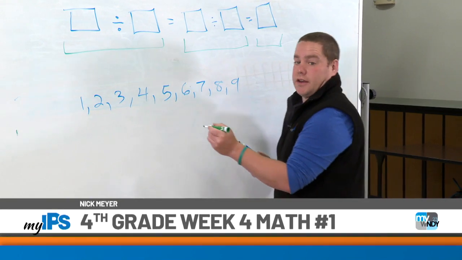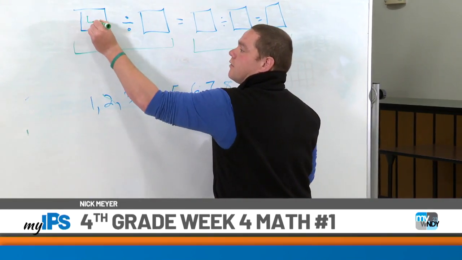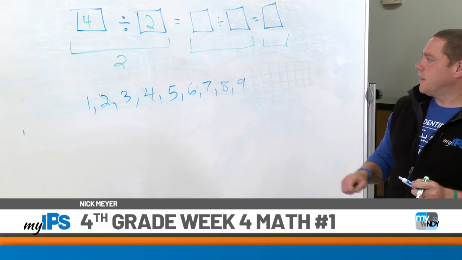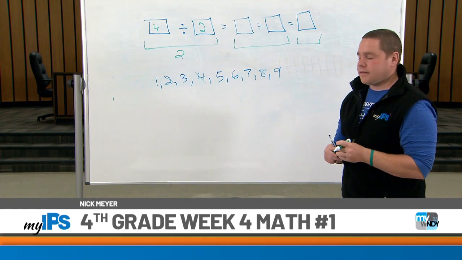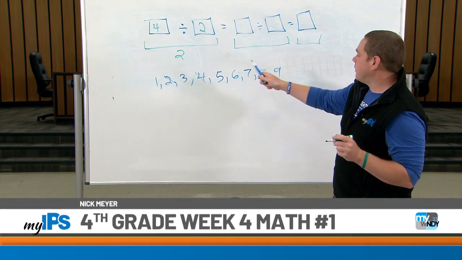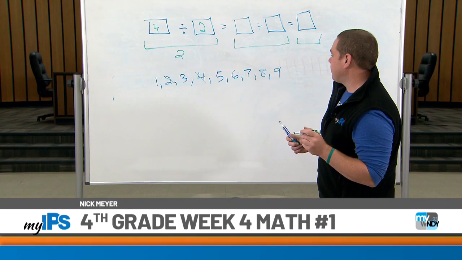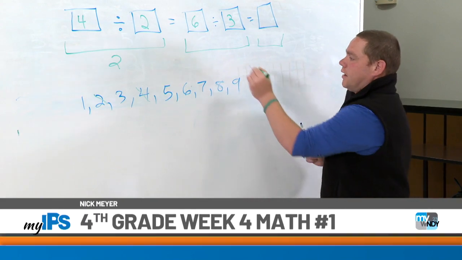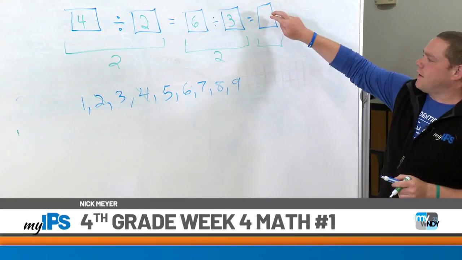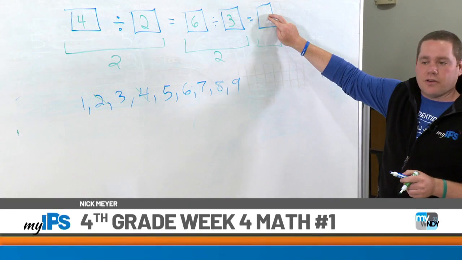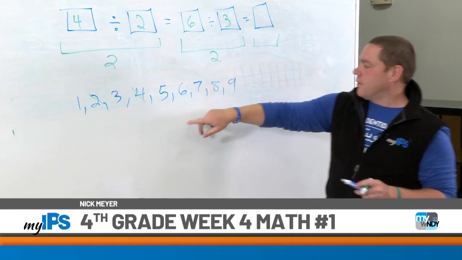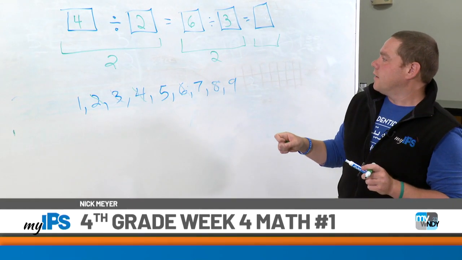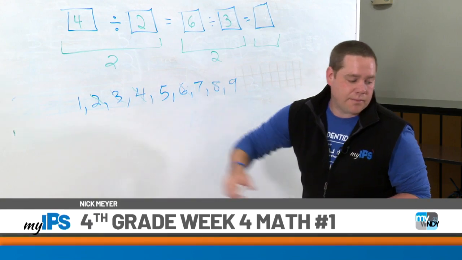So if I do 4 and 2 here, 4 divided by 2 is 2. Now I need to put something here that's divided by, that will be equivalent to 2. So let's say I could do 6 divided by 3, that equals 2. But now I need something here that is also equal to 2. And since I already used 6 and 3, that's not going to work because I can't use 2 another time. So